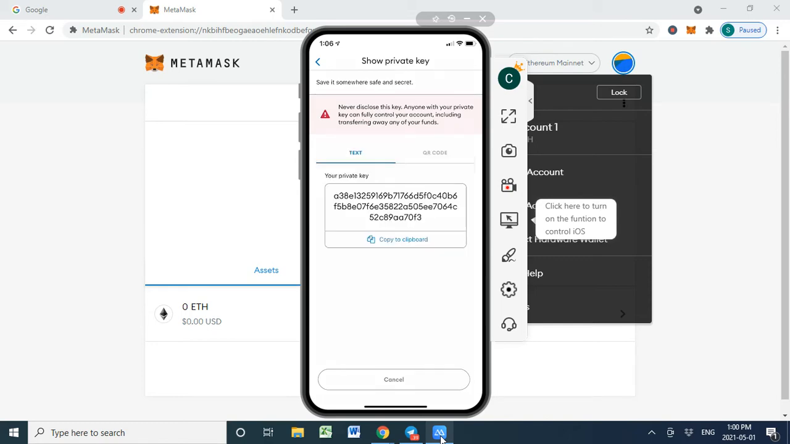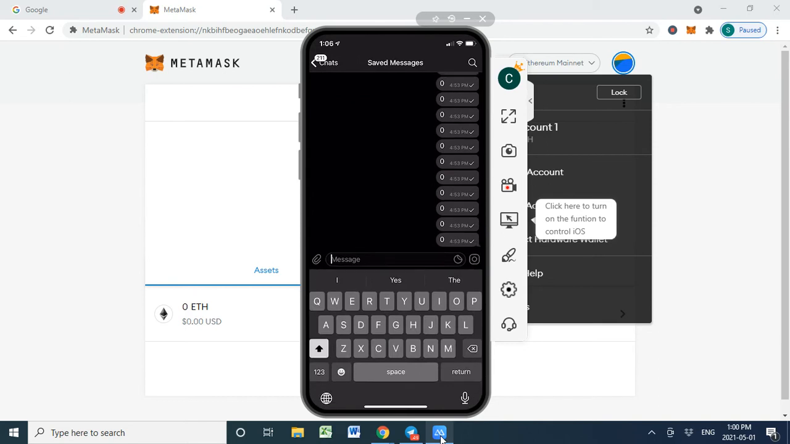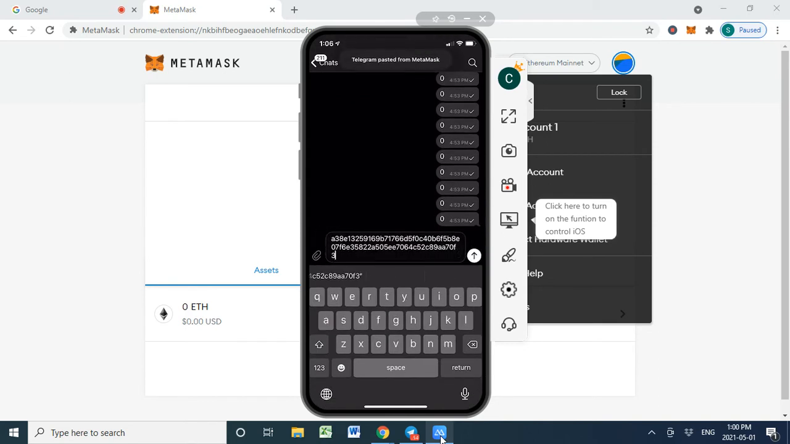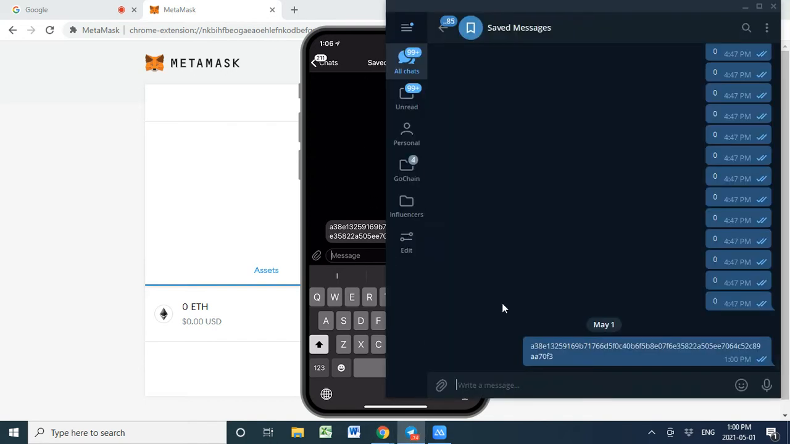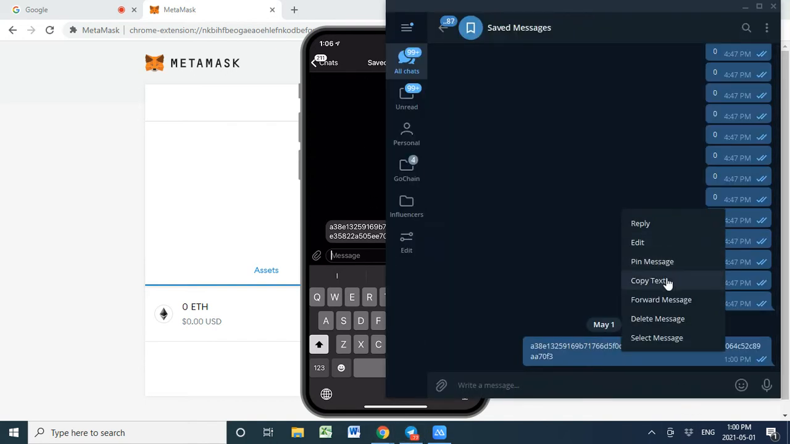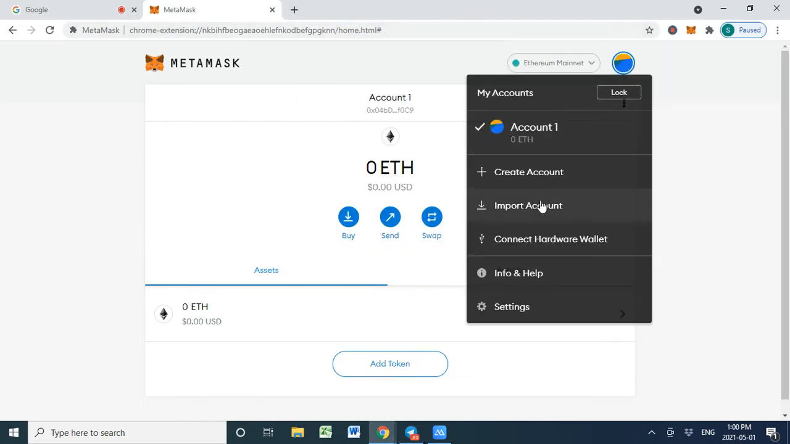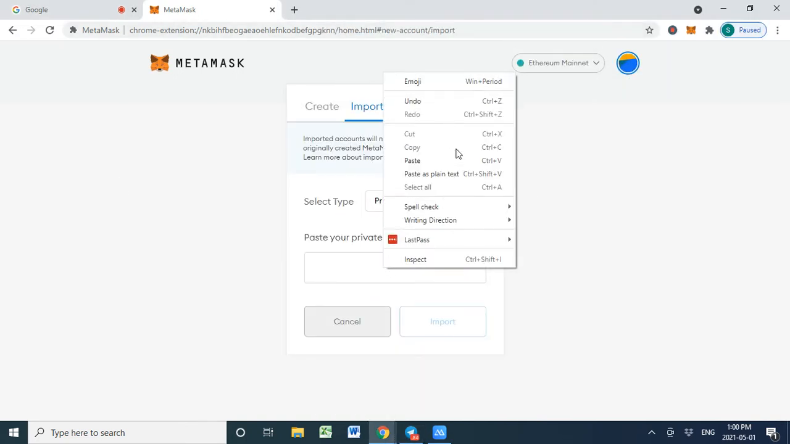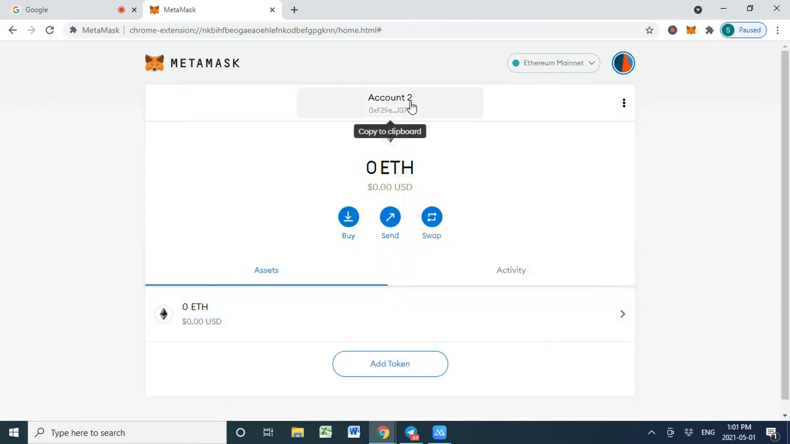Just for this video, sorry. So I don't mind showing you, because in the past I have had to pause the video in between. So as you can see, I just put that into my Telegram, and now I'm going to go on the computer Telegram and copy that. And to add, we're going to click import account. It's asking for the private key string, and import. And now as you can see, we have